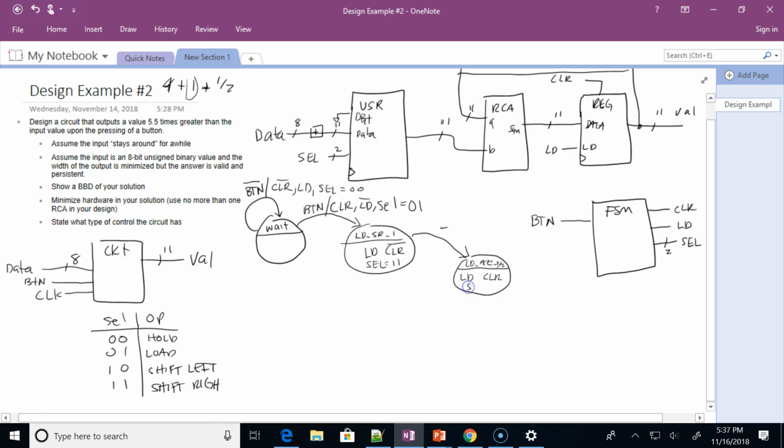So the key here is I am going to, at this point, load a new value into the shift register. Okay, so the issue here is I've got a 1 after I leave this state. I've got a 1 plus 1/2 into that shift register. What I need to do is add a 4 to that, and the way I'm going to do it is